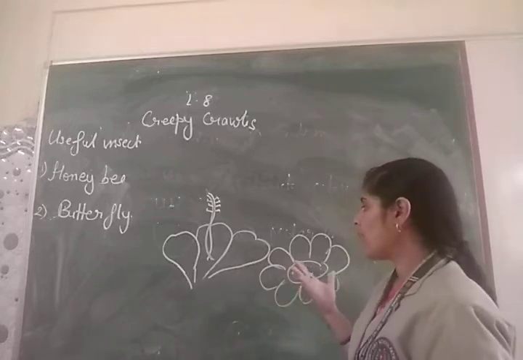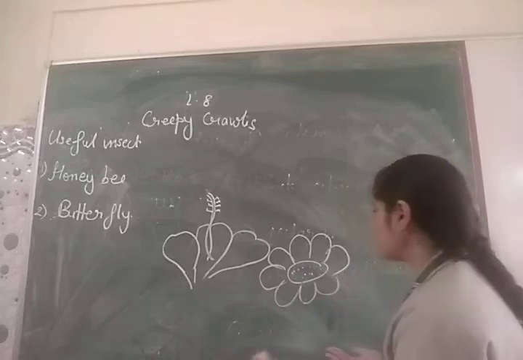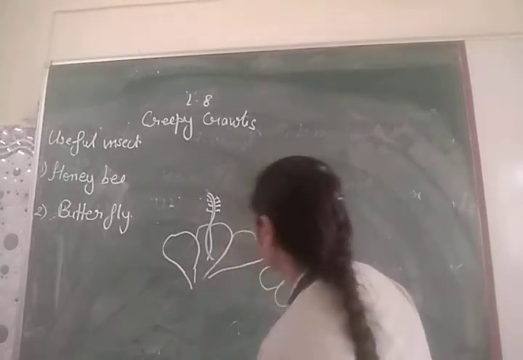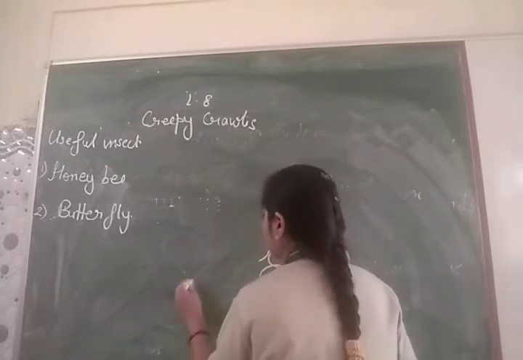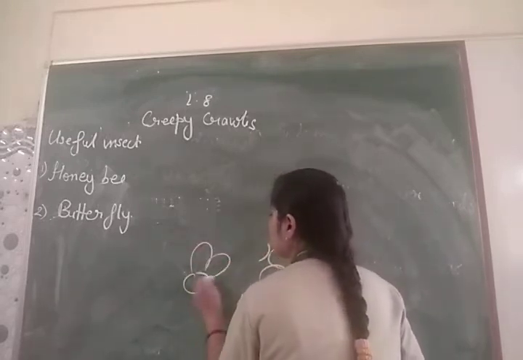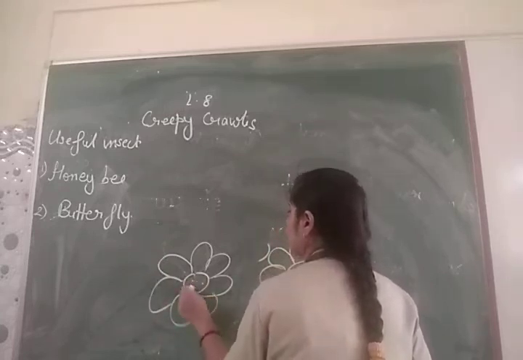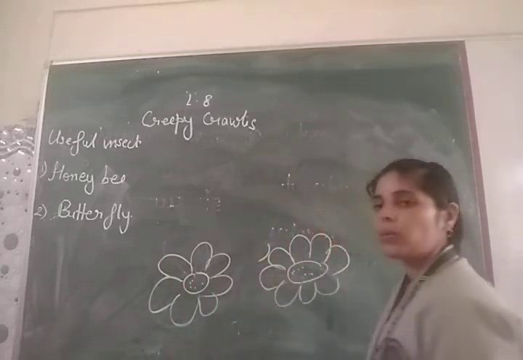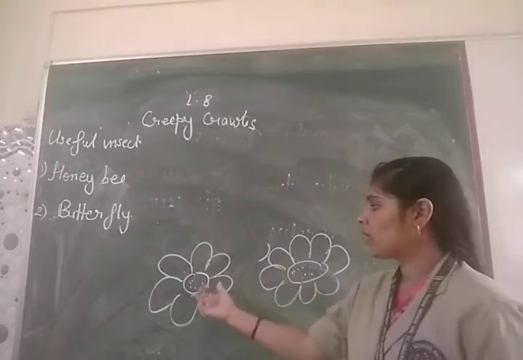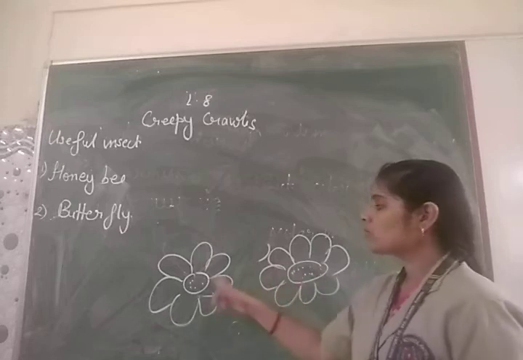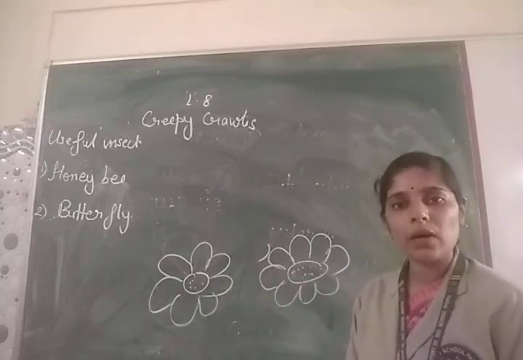When this butterfly flies from one flower to another flower, suppose here you have another flower, and you have pollen grain here also. This pollen grain needs to be transferred from one flower to another flower, and when the pollen grains of both flowers mix, a new seed is formed to form a plant.